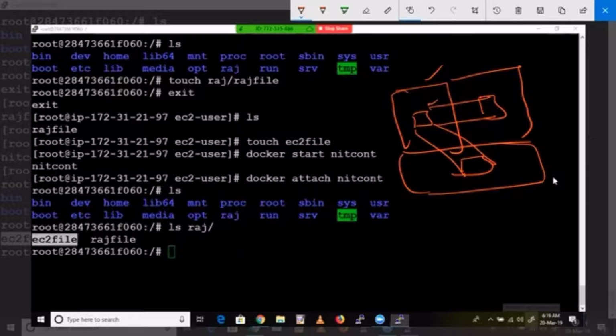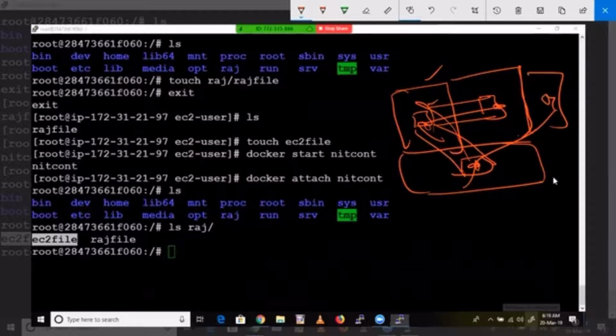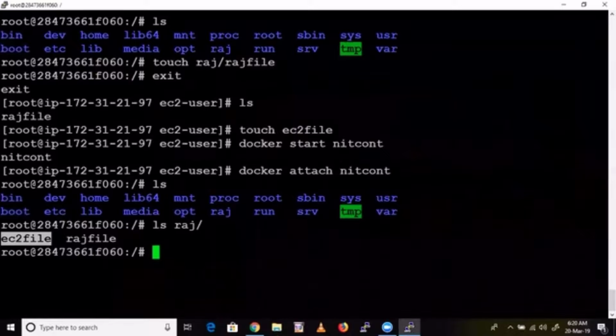Correct or not? That means you can map any folder from anywhere. Wherever you put data, you can see it from here, and from any other container, everything you can do. Okay, understood, guys? This is what volumes are: container to container, host to container. If you have any doubts, you can ask me on this concept.